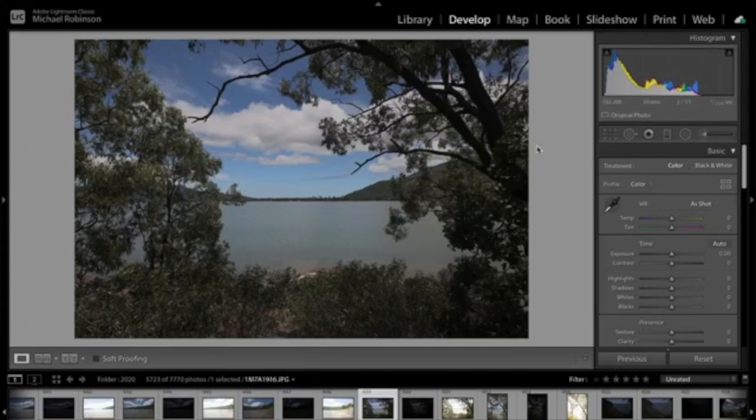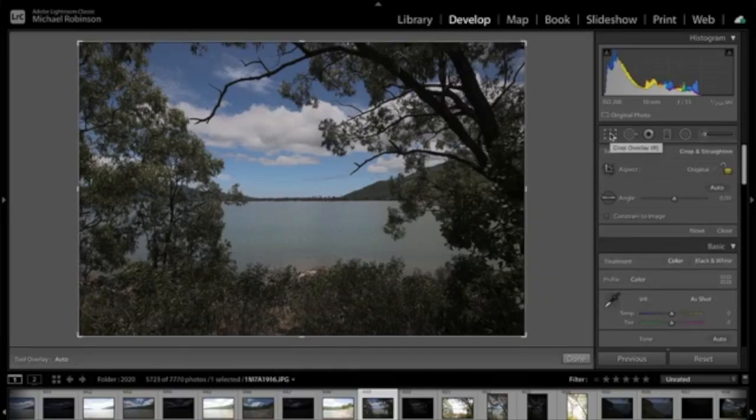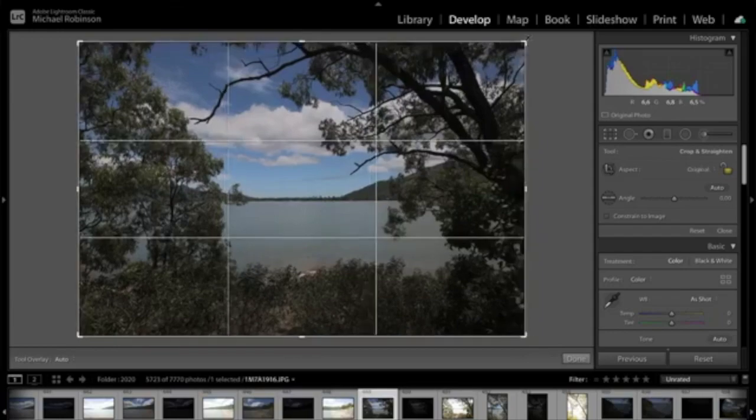We're going to be working over on this side here. And we're going to be using this crop tool, this one just here. So click on that and you'll see another small tab opens up just underneath it. Okay, this tab has two sections. It's got the aspect and it's got angle. Alright, the other thing you may have noticed is that the image has a border around it with corner marks and